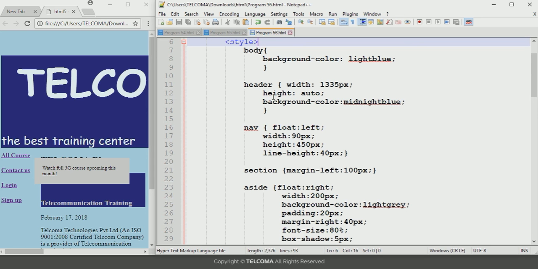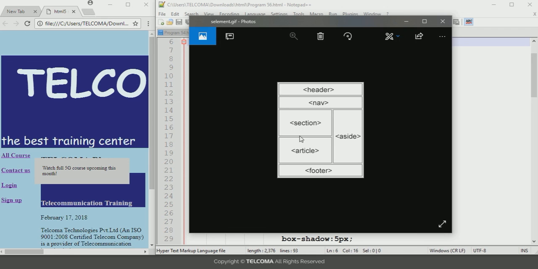So you can see from here that it will be set like this. The header will come at the top, then its navigation part. Then in the main section, the section will come first. After that, it will display the article, and the aside element will be on the right or the left side of the container. After that, it will end with the footer. In this way, the page layout of the HTML program will change with the structure elements.